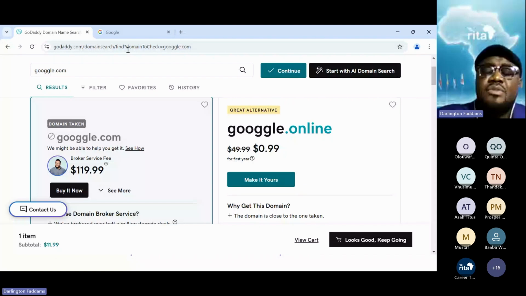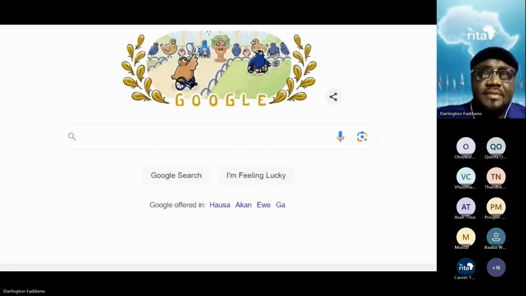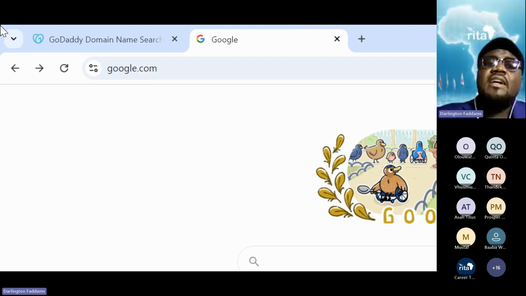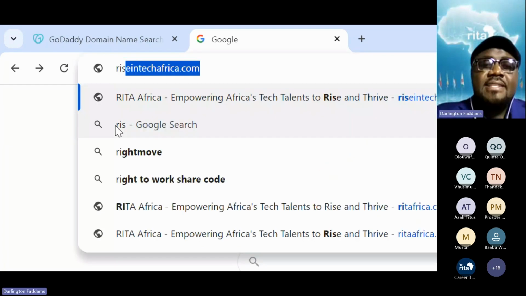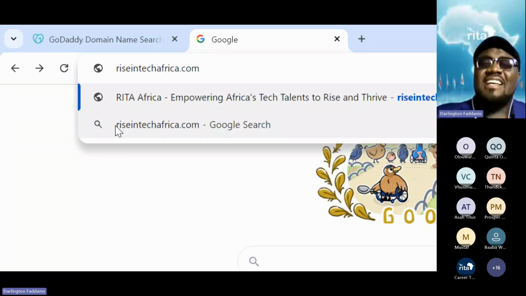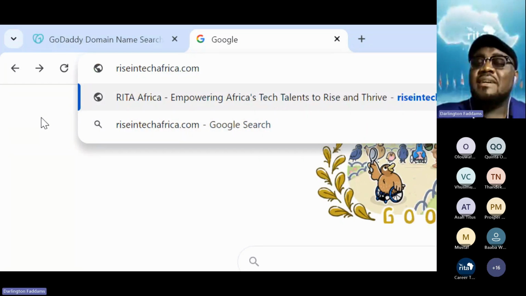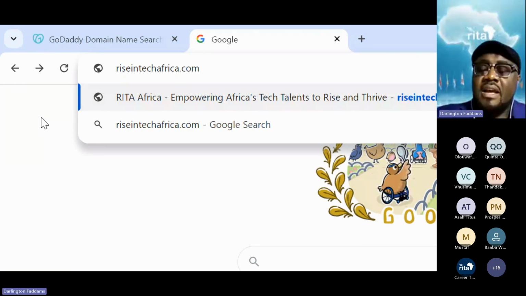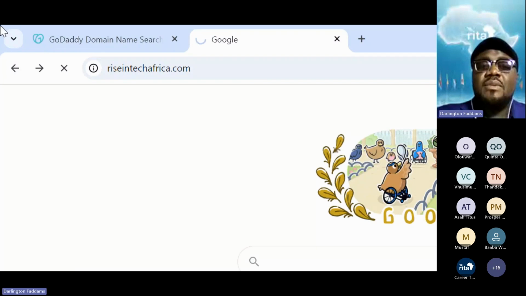So Google will register the names and redirect them. When it comes to variation, let's say someone knows your company as risingtechafrica.com. That's how someone knows your company. So they'll try searching with that name. Now, when you hit enter, look at what is happening.